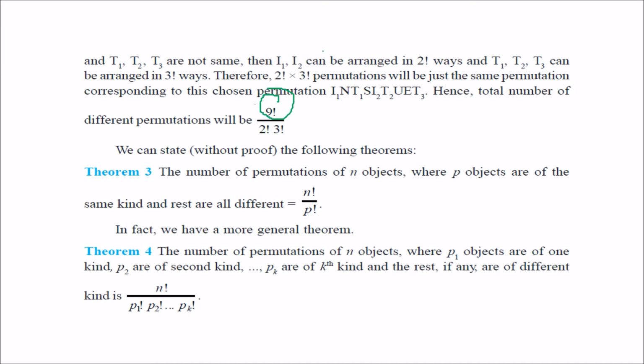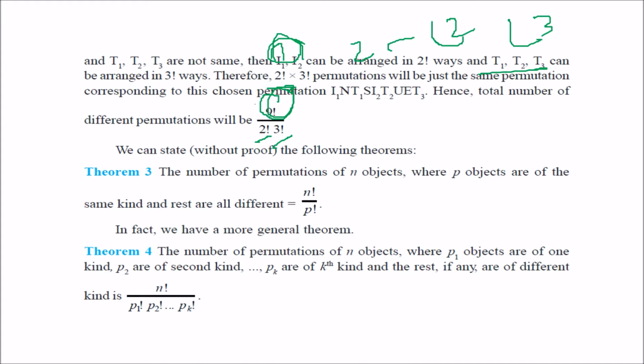That is okay. But I1, I2, they are similar, means they are non-distinct. Then I1 here, I2 here, these two I will find their combination with factorial 2 ways, and in the same fashion, this T also will find its arrangement in factorial 3 times. So you have to divide this factorial 2, factorial 3 that has been included already in factorial 9. So it will be factorial 9 by factorial 2, factorial 3.